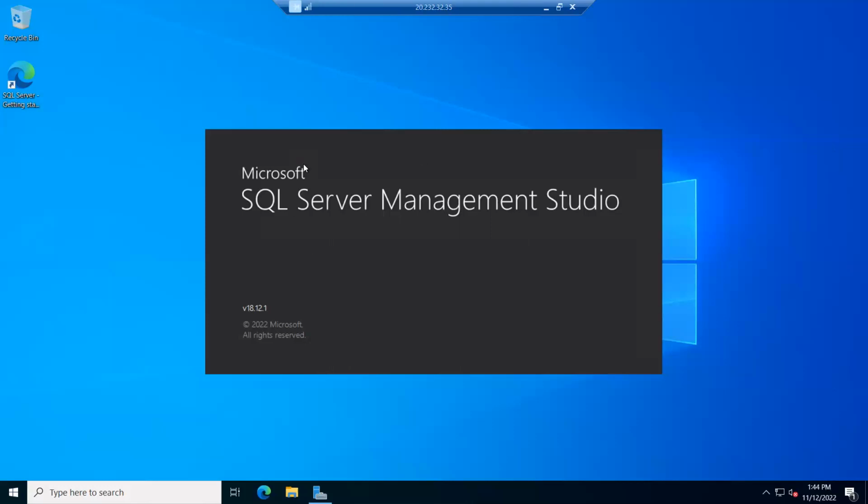We can just wait. Anyway, you can see that SQL Server Management Studio is opened through this Azure